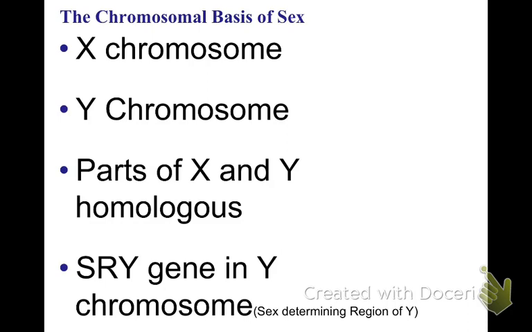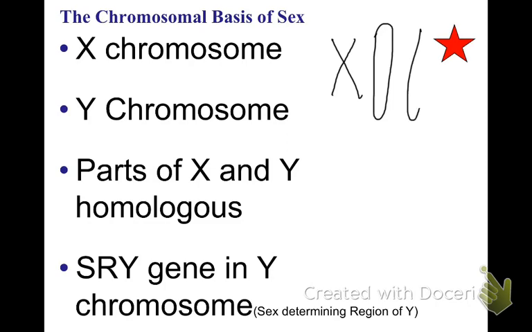So the chromosomal basis of sex, basically X chromosome and Y chromosome. Now remember, during meiosis you have crossing over where the homologous chromosomes come together and bond along the length, right? In this case, you have to remember, if it was a female, so this is one X chromosome, and this is the other X chromosome, all right? They can align themselves along the lines, and there can be an exchange that can take place,